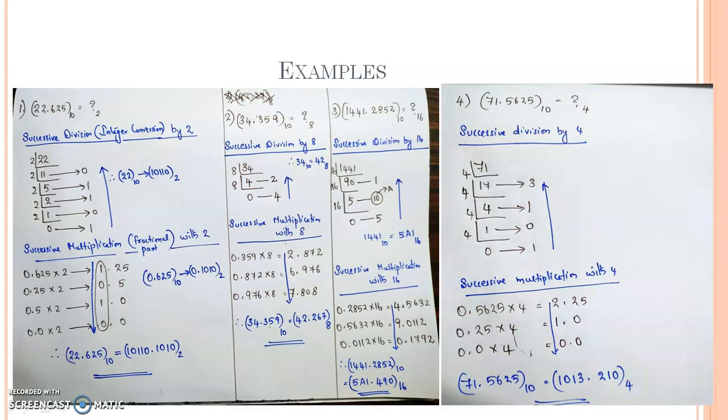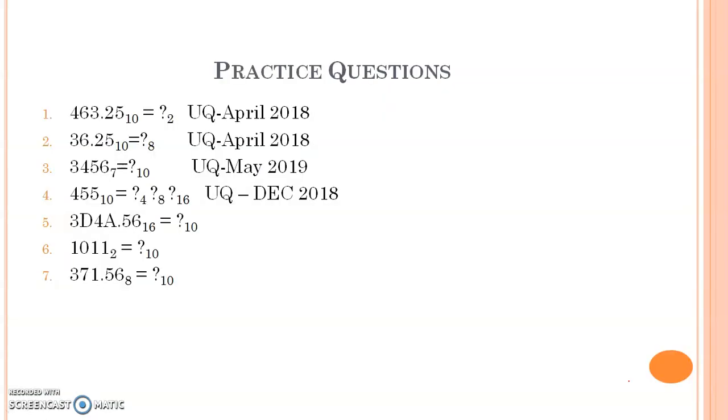Okay. So I hope now you're clear with how to convert a number in the decimal number system to any number system. If you want to convert a number in the decimal number system to any number system, you have to perform successive division by that base for the integer part and successive multiplication with the base for the fractional part. Okay. So let's do some examples here. I will give you a tip for remembering the rules for converting numbers to the decimal system as well as from the decimal system to any other number